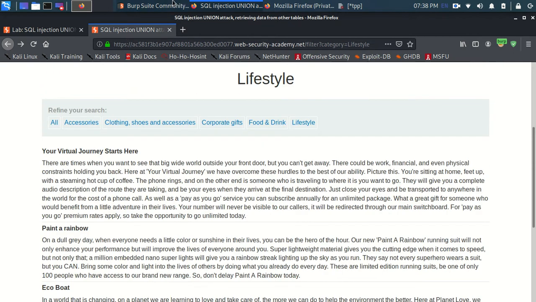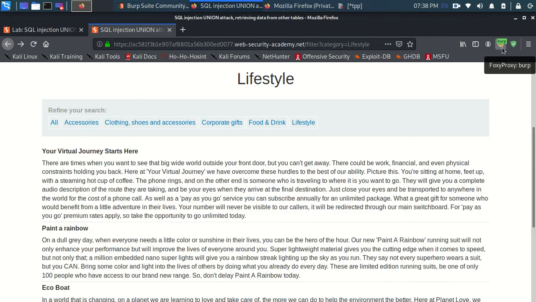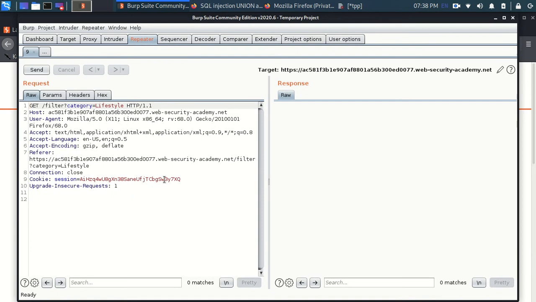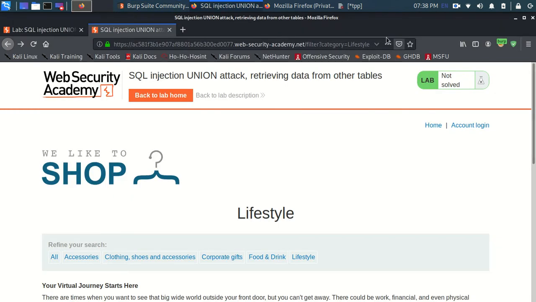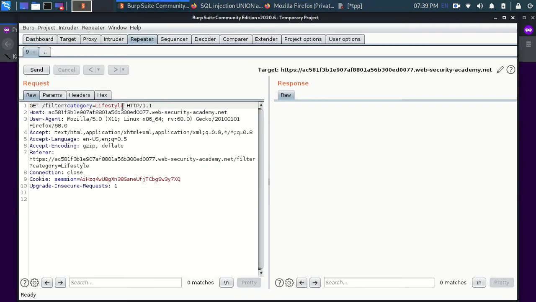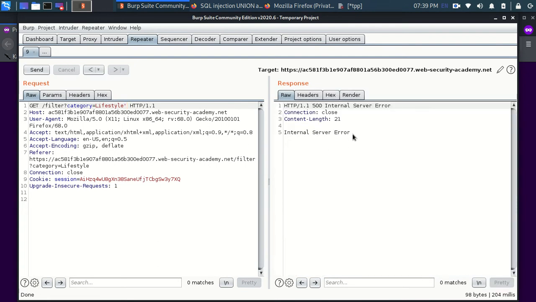I'll configure my Burp Suite, which I've done, and take the request and send it to the Repeater. This is the request which is currently going, and just like we checked by putting a single quote here, it is equivalent to putting a SQL single quote. For example, this is the website we were seeing, and if I put a single quote, it will show an internal server error just like before. So now let's do an SQL injection attack here.